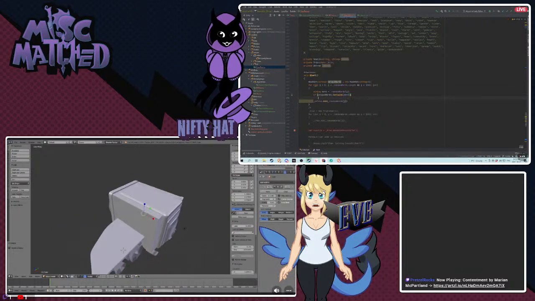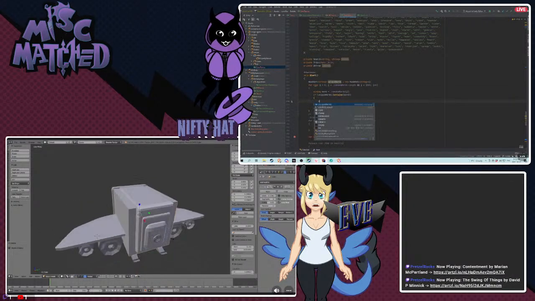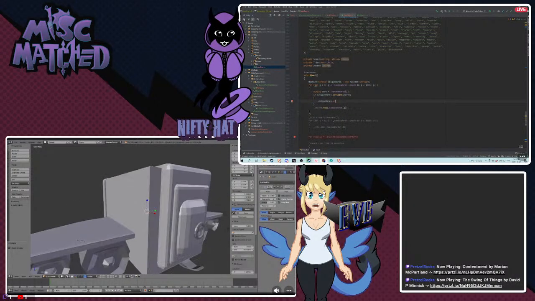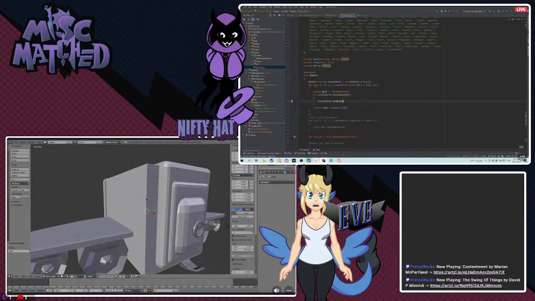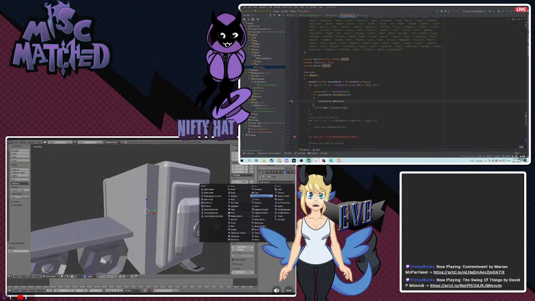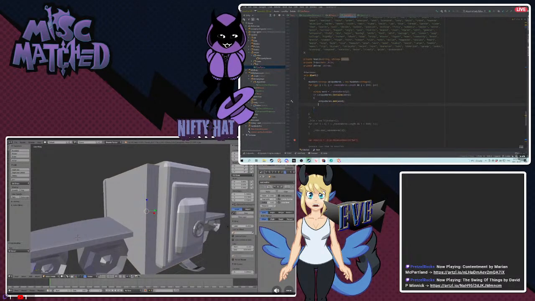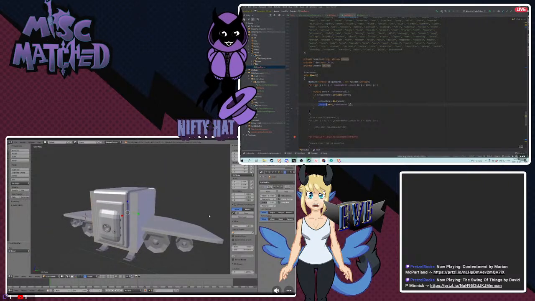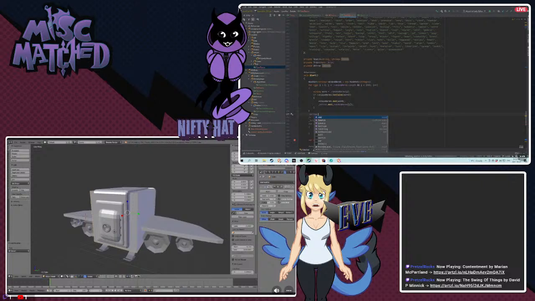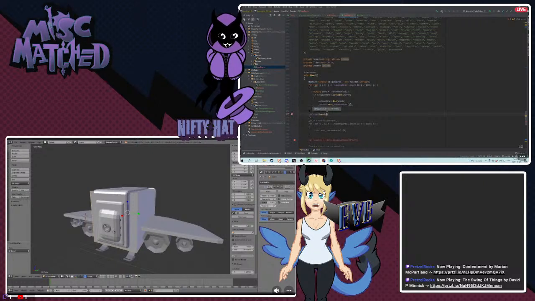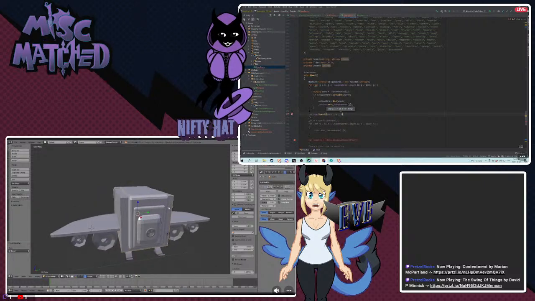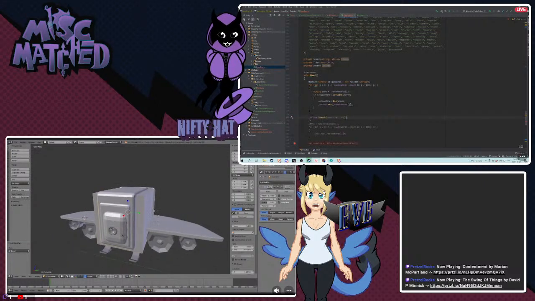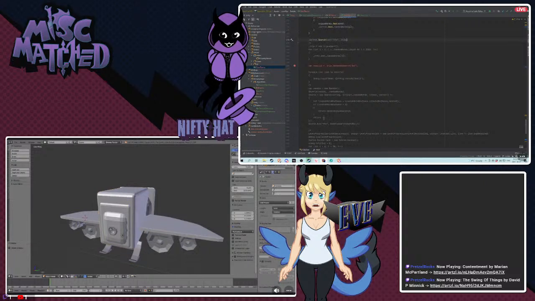I accidentally did a thing and now my thing is not beveled. Maybe if I get rid of it and I add them up and I bevel. Why you no bevel? Okay, well I guess I'll just delete you.